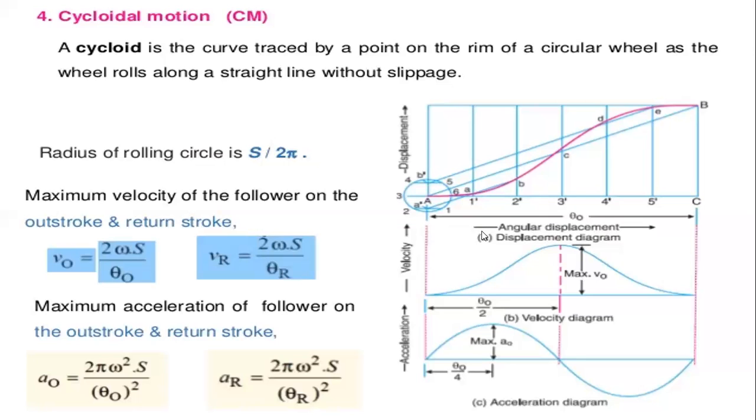From the center line, we need to join the first point and the last point. The first point is from the downward position and the last point is on the highest position, and we need to join these 2 points. Then we join the second line, which is parallel to the AB line. So this is the AB line.